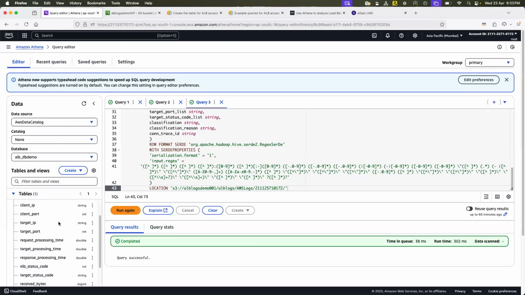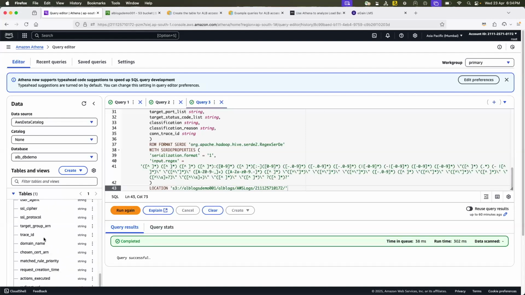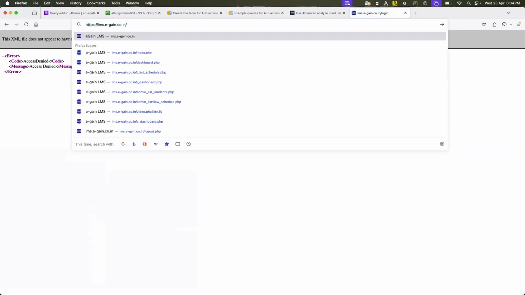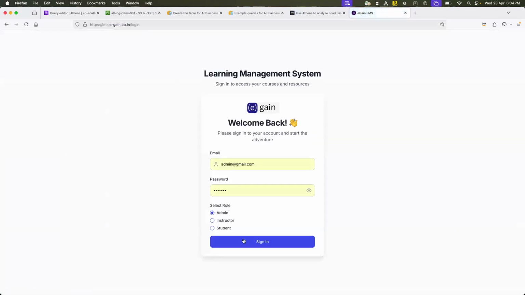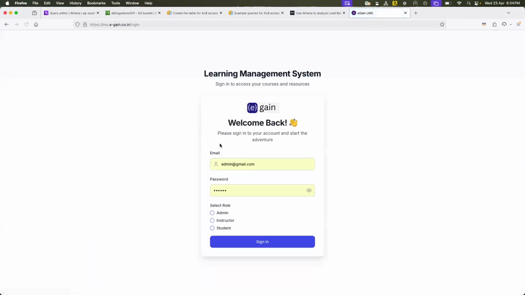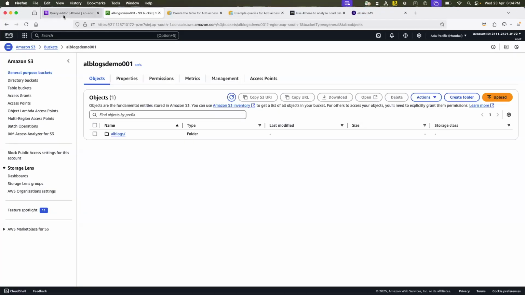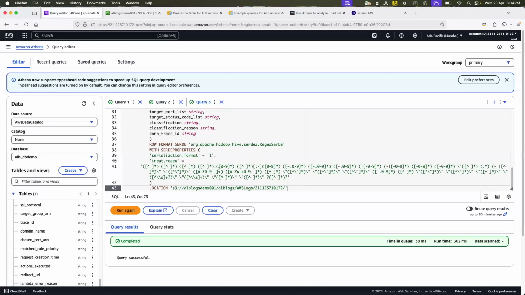Okay. So you see now inside the table, this table has many columns already created. So this is our site. Let's just try to hit it many times. Let me log in. Maybe password mismatch, no problem. Let me do it once again. So that's okay. Now, if I check the query, some of the data should be there now because